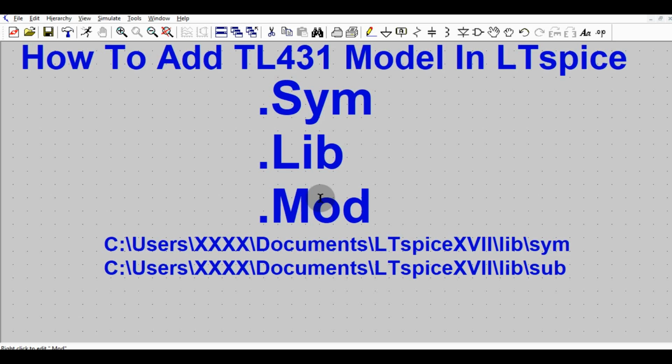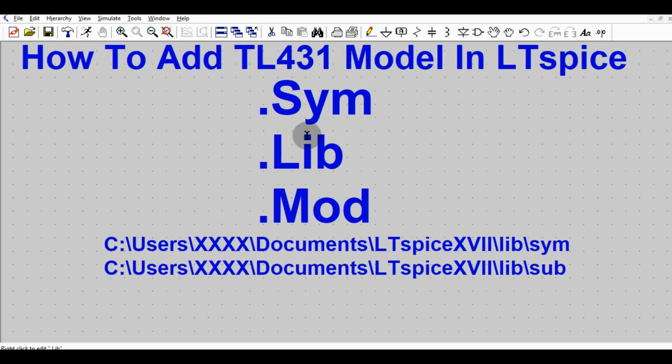So how will you add these files in your LTSpice library? To add these files, you have to follow these paths in your laptop or in your desktop, whatever device you have for your simulation.